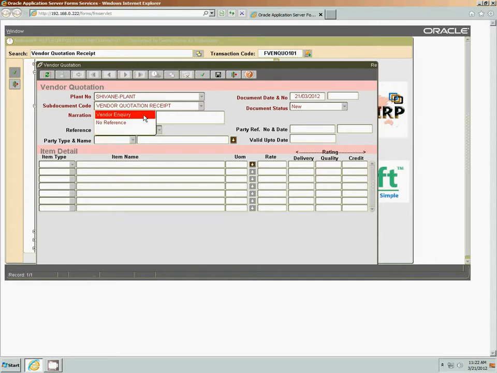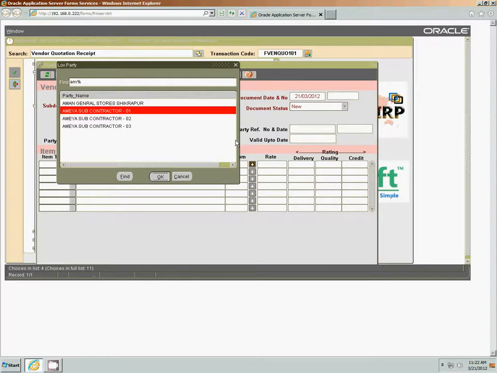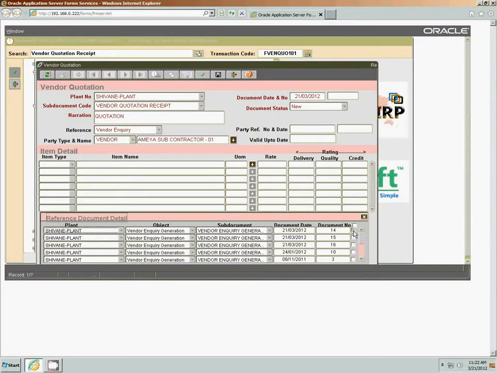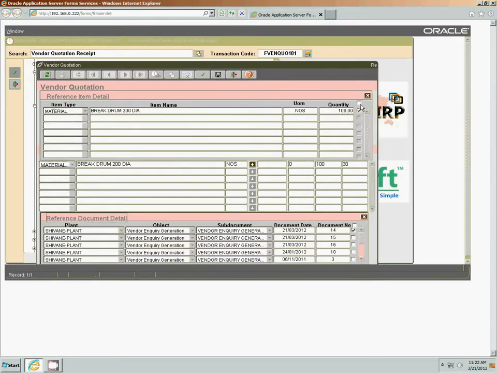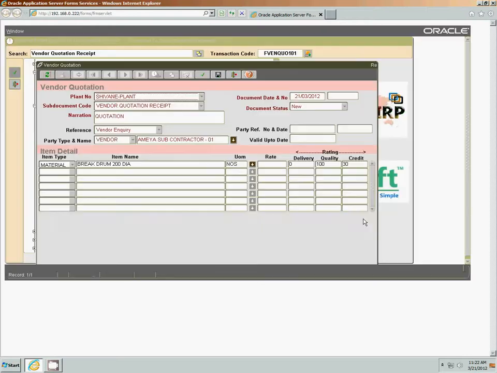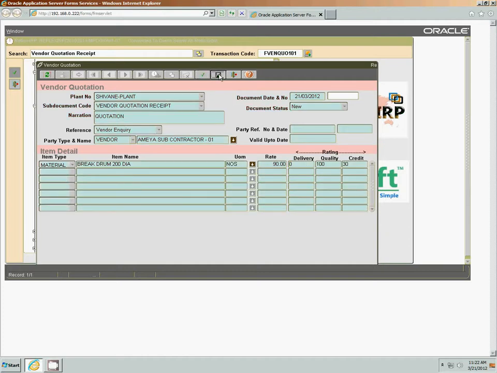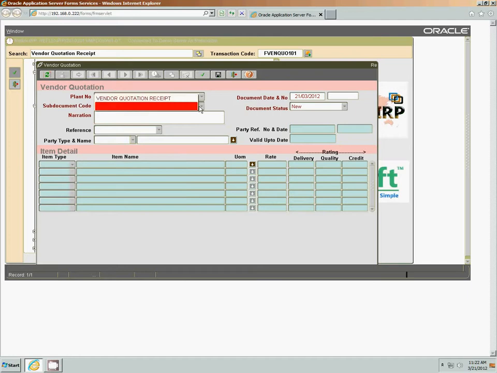So a reference by vendor inquiry, vendors. So we have sent a quotation to this party. We have received the quotation by rate, suppose 190 rupees. We'll save this. We'll receive a quotation from another party also. So we'll receive that quotation